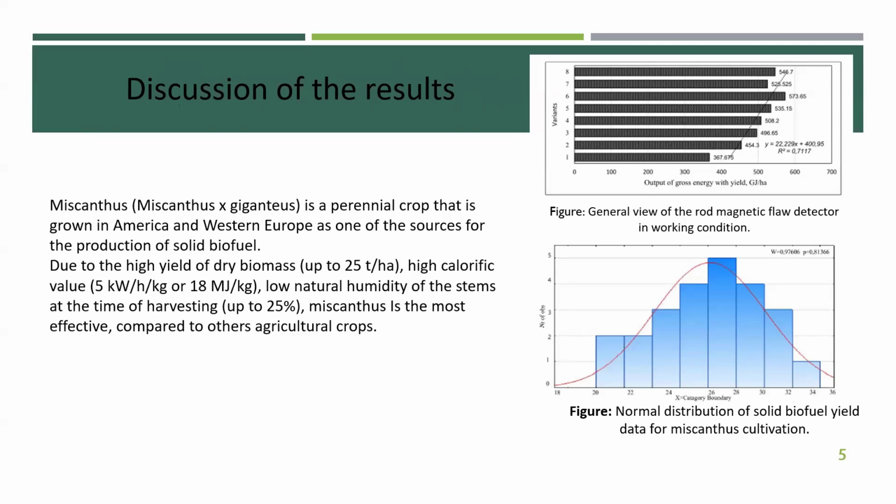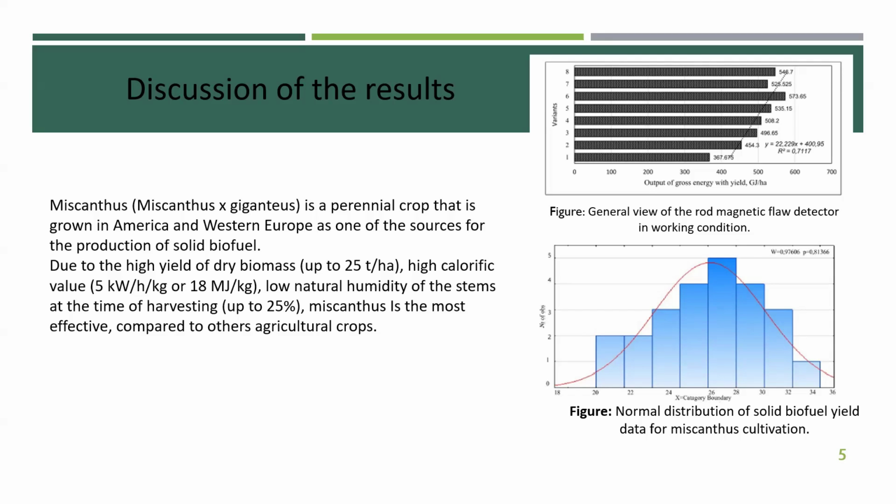Next, we have a discussion of the results. But first of all, I will tell you about miscanthus. Miscanthus is a perennial crop that is grown in America and Western Europe as one of the sources for the production of solid biofuel. And the conducted study shows that the biomass of